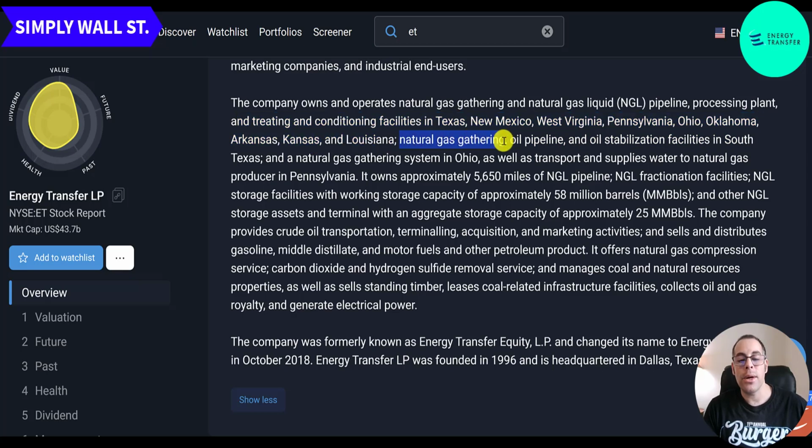Natural gas gathering, oil pipeline, and oil stabilization facilities in South Texas. Also, a natural gas gathering system in Ohio, as well as transport and supplies water to natural gas producers in Pennsylvania. It owns 5,650 miles of natural gas liquid pipeline, NGL fractionation facilities, NGL storage facilities with working storage capacity